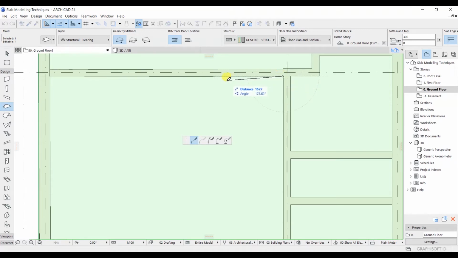Here you have to set the distance. Let's set the distance as 3700. Let's hit enter.